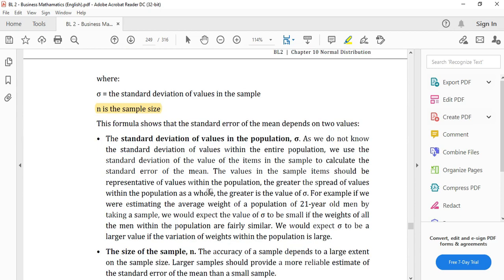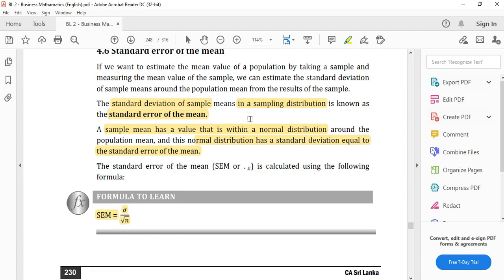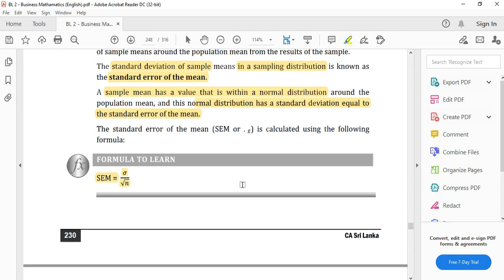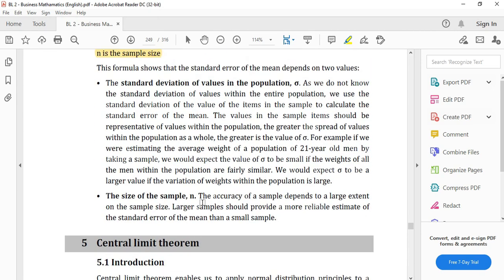Why they are creating this is because you might take a sample of the population. Now in the sample we can't say a perfect analysis of the spread of data around the mean, because it's based on a sample. That's why we give space to mark the standard error. Alright. So it depends on two values, the size of the sample as I said, and the standard deviation of the values in the population. Now let's read the example.